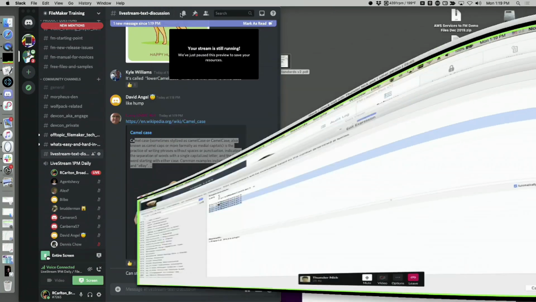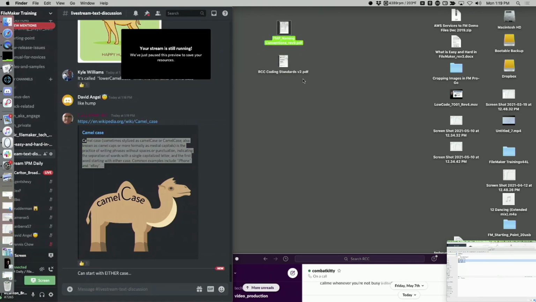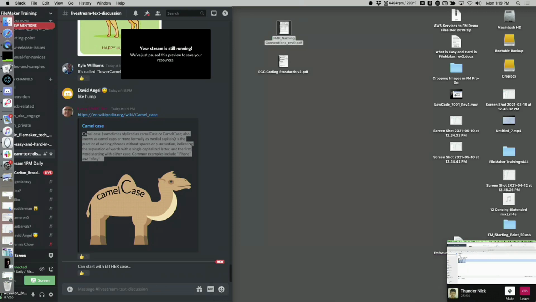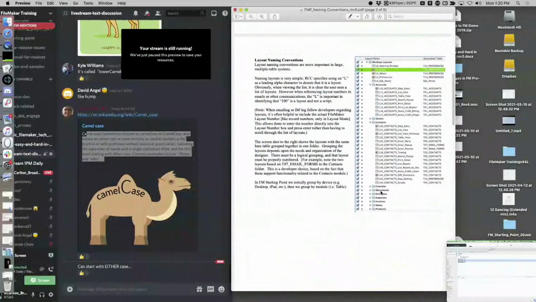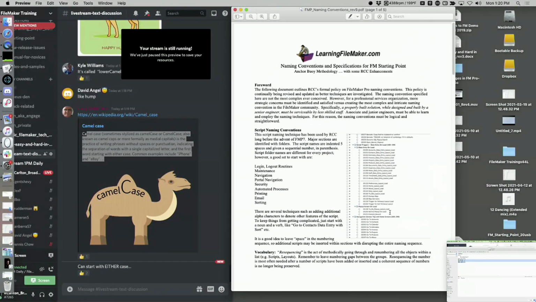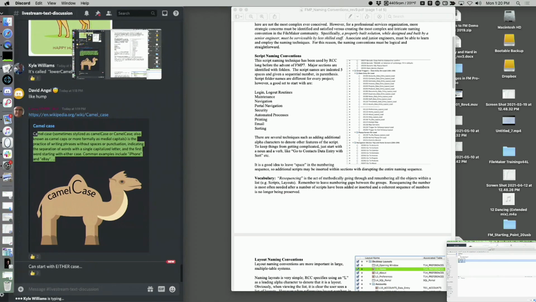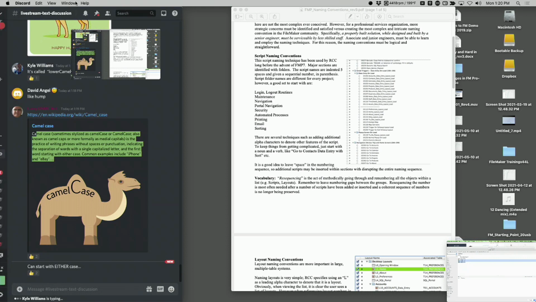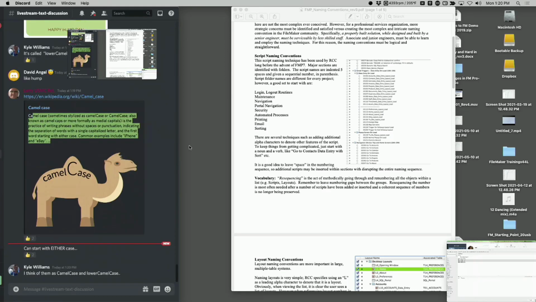So the naming convention conversation is one that we've made available in the PDFs. I highly recommend that you do something, at least for yourself, because one of the biggest issues you run into in the world of FileMaker is coming behind yourself and wishing that you understood what the hell you built. And it's not just table occurrences, it's also layouts, because we run into people who name things with like print label. I was visiting a customer site the other day, and they had a script called print label, and then another script called print label, and then there were 4 scripts called print label.